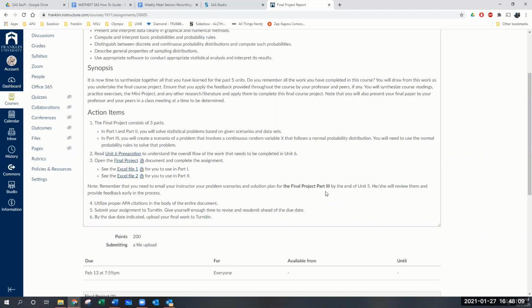Based on that, I can now come up with these questions. What's the probability that if I pick a book at random, it's going to be worth less than $1.25, or what's the probability that it's going to be worth more than $2.50, and then what's the probability that it's going to be worth somewhere between 75 cents and $3? Those things would all be continuous random variable questions based on the average and the standard deviation that I came up with,